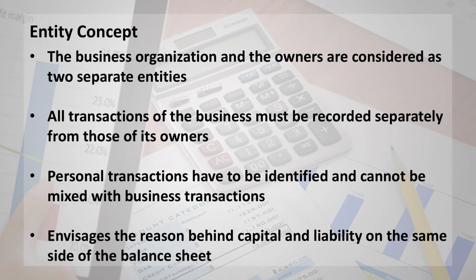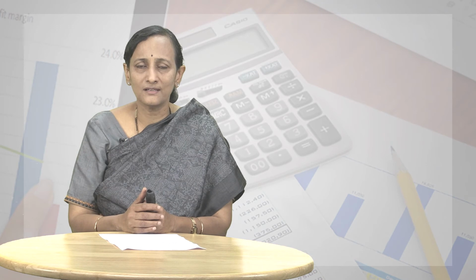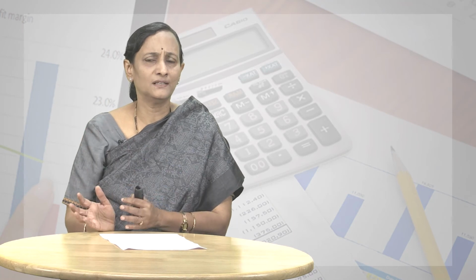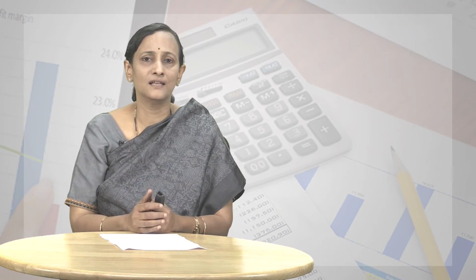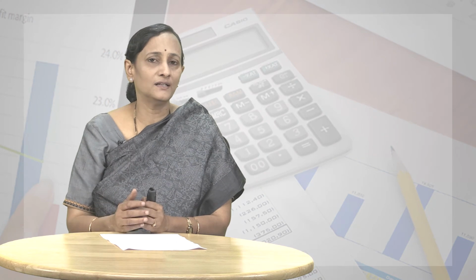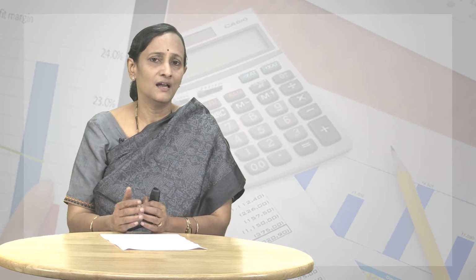of the balance sheet. Many a time viewers ask me this question, because they understand that assets are equal to liability, and therefore the question comes as to why equity is also on the same side as liability. So, the way to look at it is that liability and equity are important sources of funding the assets of the business, and therefore they are on the same side. And more importantly, equity is not a liability, but it is a source of funding.